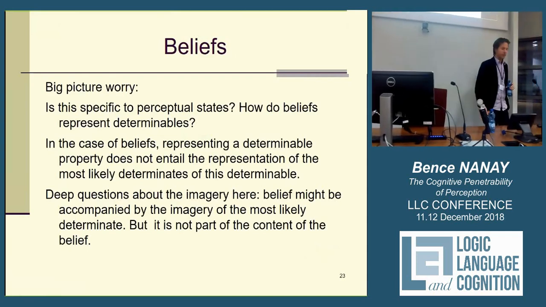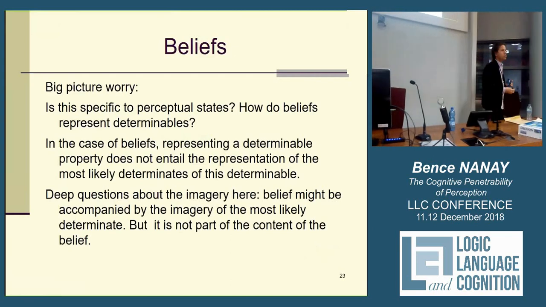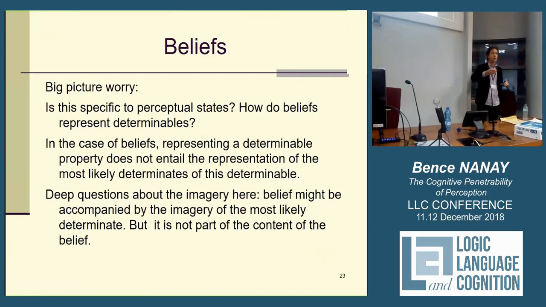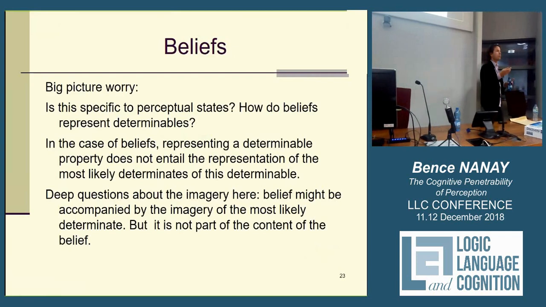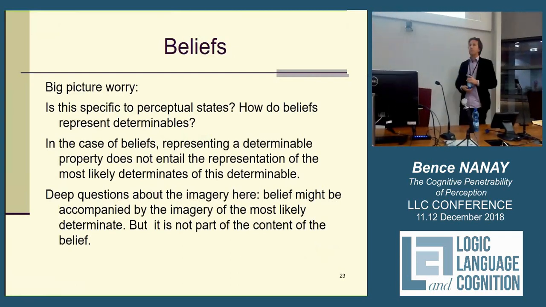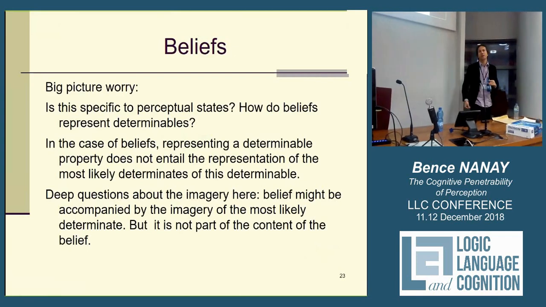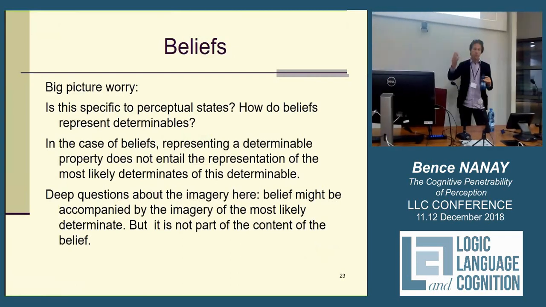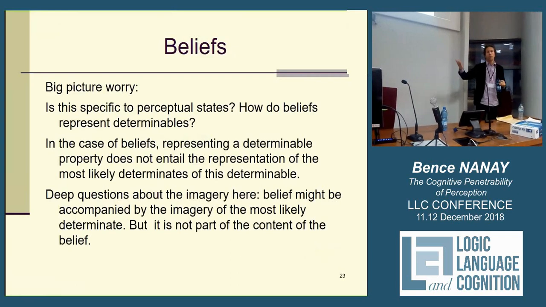Just a little bit about imagery. When I tell you that my armchair is red, you will probably find a certain shade of red more probable than the others. But what I'm trying to say is that it's not the belief itself that tells you so. When you have this belief, you can have various kinds of mental imagery, which actually visualize my armchair, and that mental imagery will attribute some